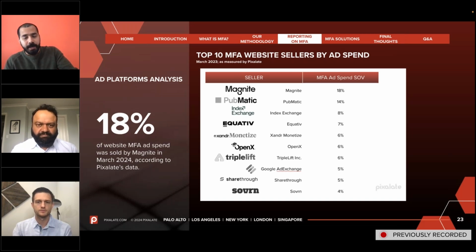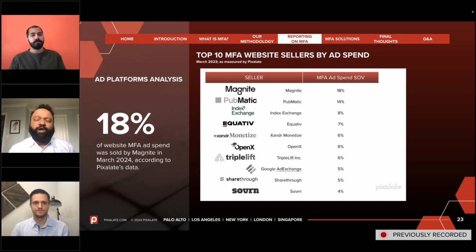Looking at it from an ad spend perspective, looking at how much traffic and how much ad spend, and then looking at the sellers, we find Magnite, PubMatic, Ad Exchange, and Index Exchange to be the top three according to our data, followed by Equativ, Xandr, and OpenX. And the key thing over here is that these are all names that are pretty well known in the industry, and that basically indicates that this is a problem that's prevalent across the industry, right? So this is something that I believe everyone has to pay attention to